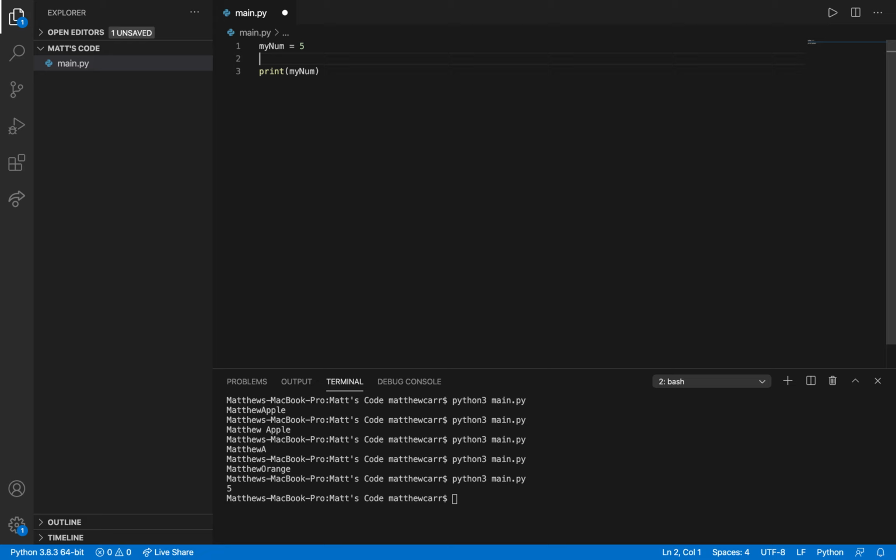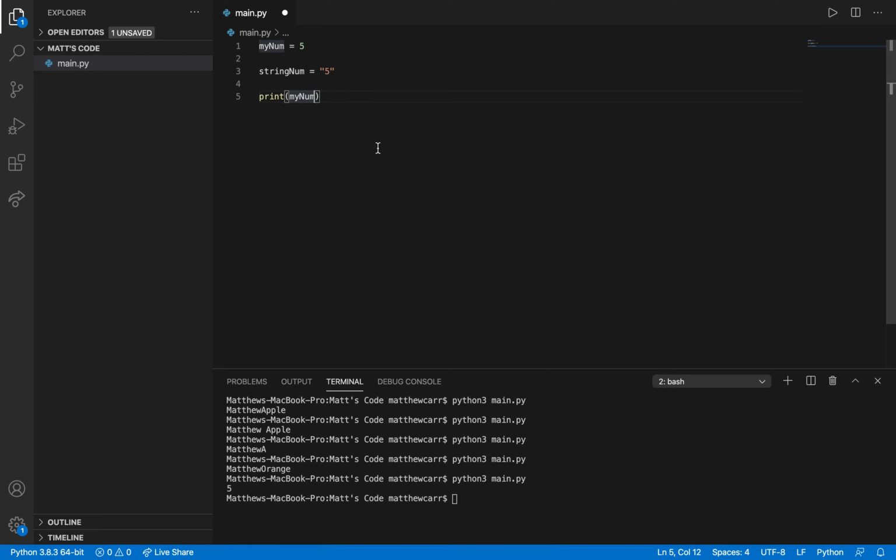Now, something to note: let me say I have another variable. I'll call it string num, and it's equal to "5". So these two things are different. This is an integer, the number value of 5, and this is the text, the string value of 5. If that makes sense. So you can't add these together and get 10, for example.